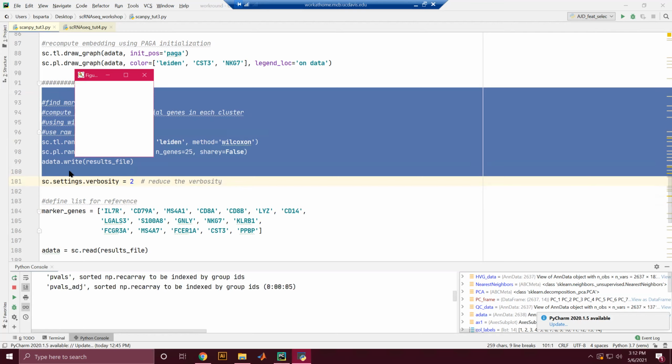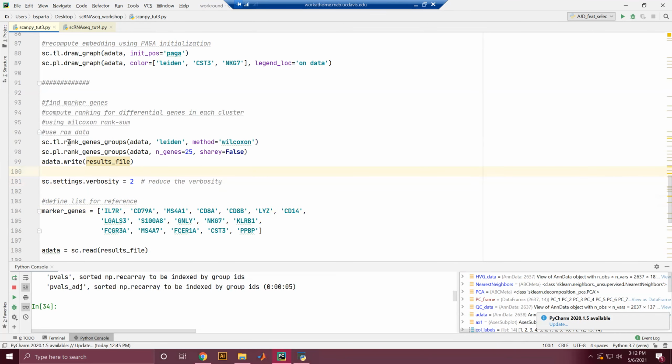So here we're just computing the rank of the genes across the different groups in our AnnData groups. It knows how to do this because the annotated data object has the cell cluster indices. We're using the Leiden organized groups. You can also set any key if you have orthogonally annotated data. You can add a list to partition your data differently, and you're choosing the method, in this case the Wilcoxon rank-sum